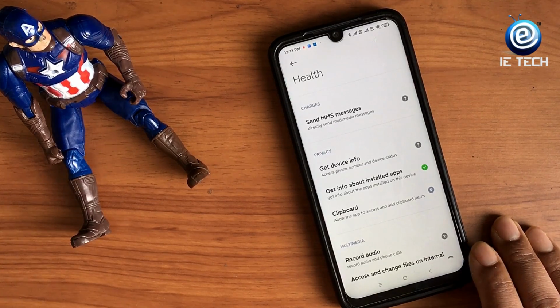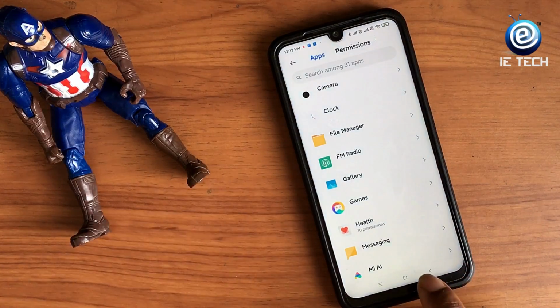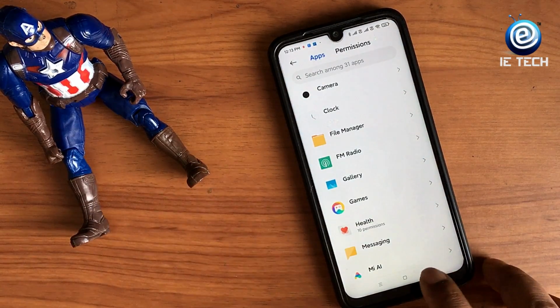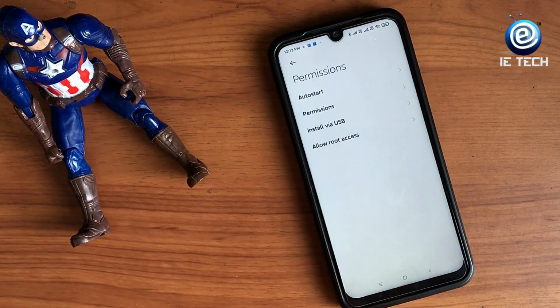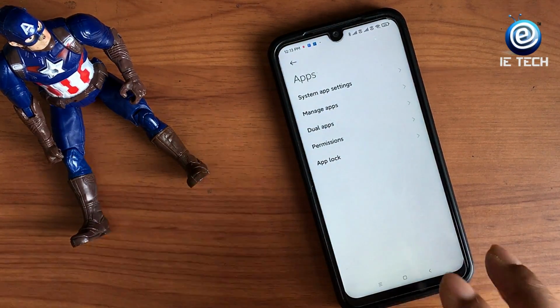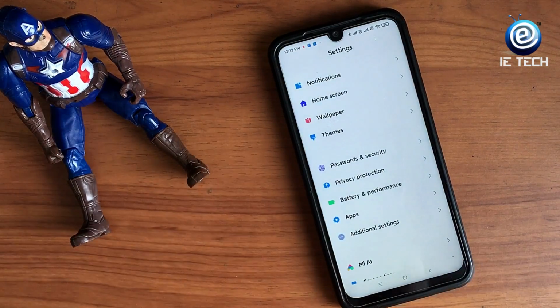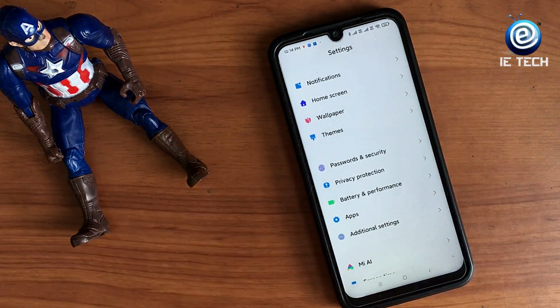You got it? You do the same thing on your iPhone. So this feature is now in your Android, and it's there in your MIUI 12. So this is enhanced security, and it's very good. It's best for people who have some issues with their privacy.